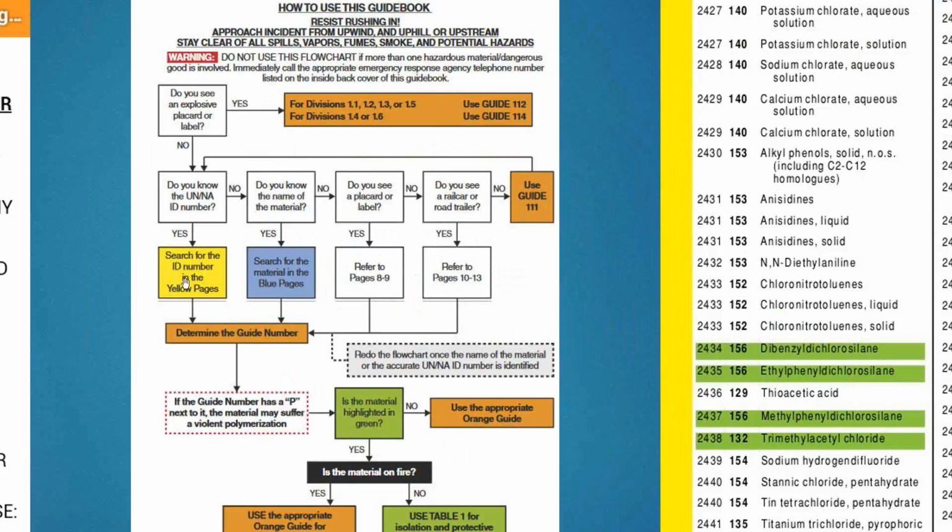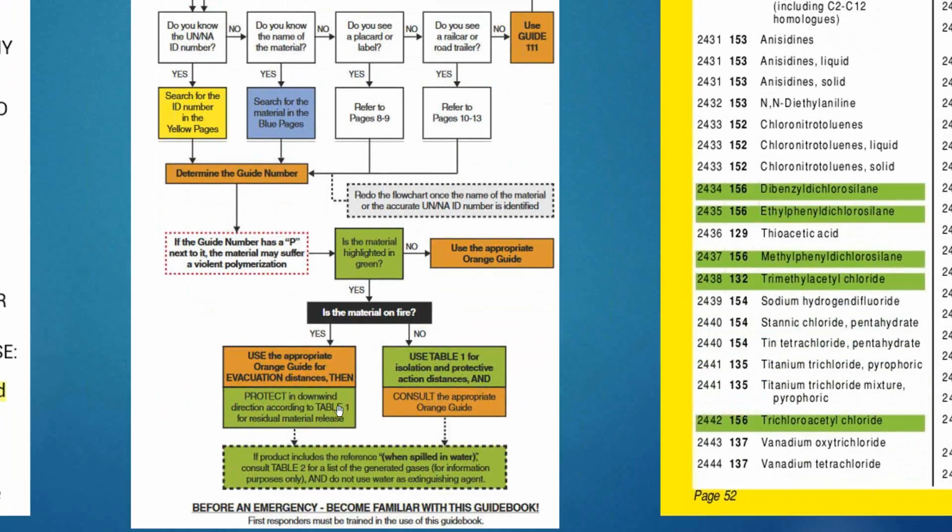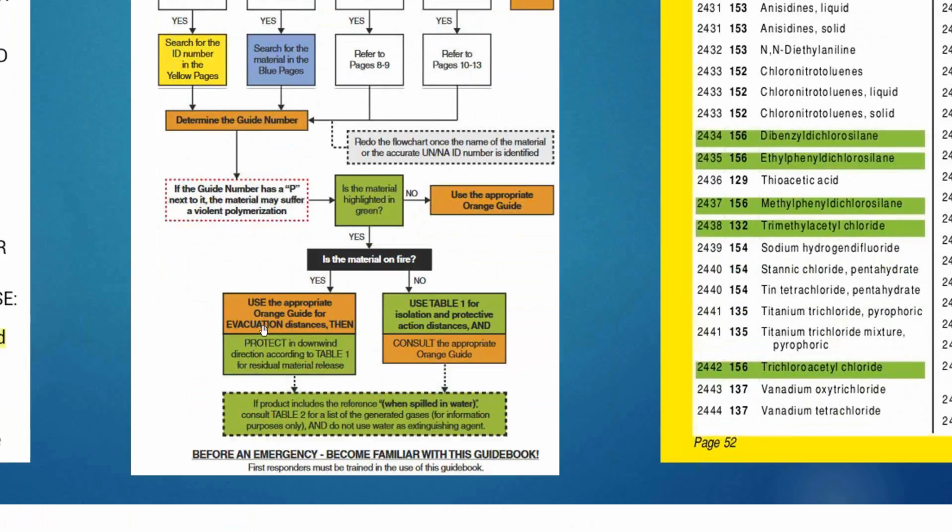No. Then do you know a number? Go to the yellow pages. If you don't, do you know the name of the material? Yes, then go to the blue pages. No, do you see a placard label? If you do, then go to these pages. Do you see a rail car or a road trailer? Yes, then you're going to go to here. So if you know the ID number, then you just walk down through on what to do. Okay. Again, the orange guidelines give you your evacuation distances, and the green guidelines are going to